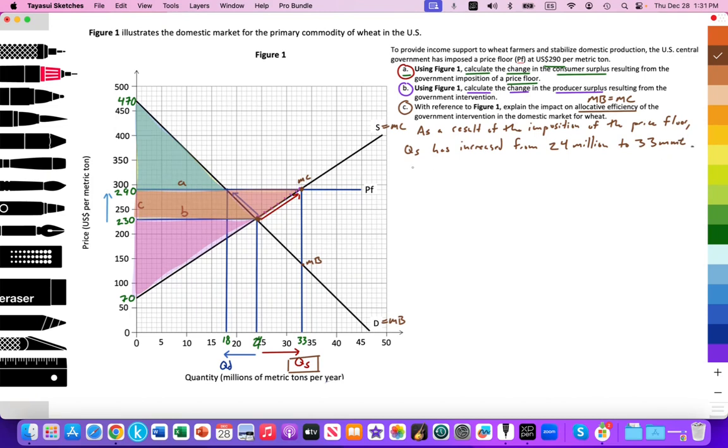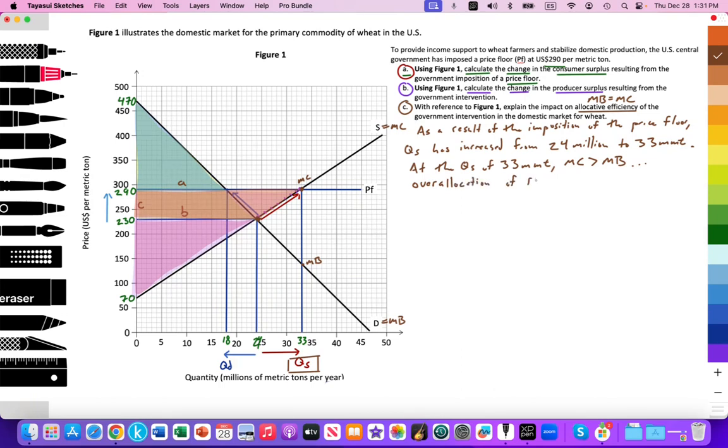So at the quantity of supply of 33 million metric tons, you can see that the marginal cost of that production is greater than the marginal benefit, which means that there's an over allocation. Oops, over my spelling. There's an over allocation